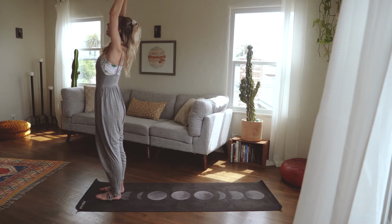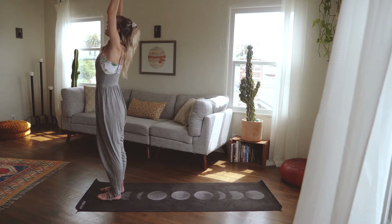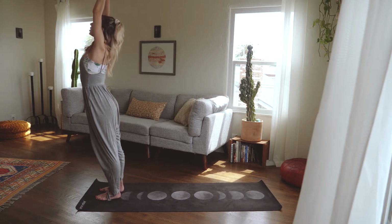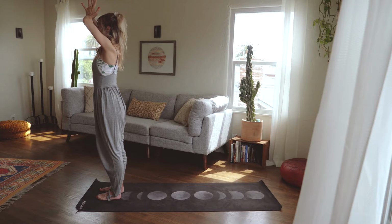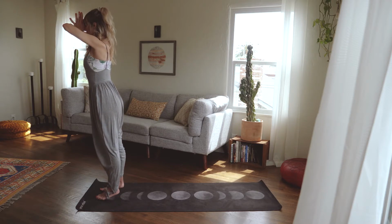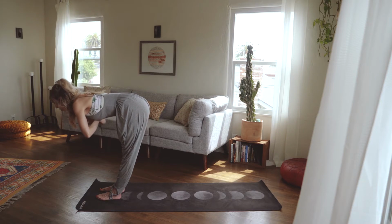Maybe looking up, extending the chin away from the chest. Shoulders are away from the ears. Take an inhale here. And exhale, maybe pull back just a little bit further. Inhale, coming back up, reaching up, lengthening out through the arms. Exhale, bring the palms right in front of our third eye point. Take an inhale here. And exhale, bring the hands to the chest, into prayer, and then just slowly bend the upper body forward, coming